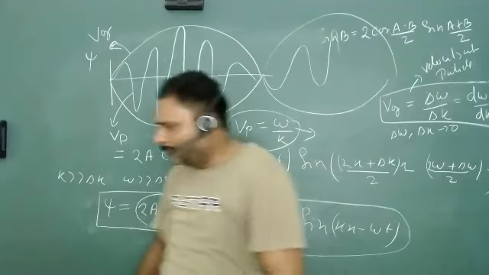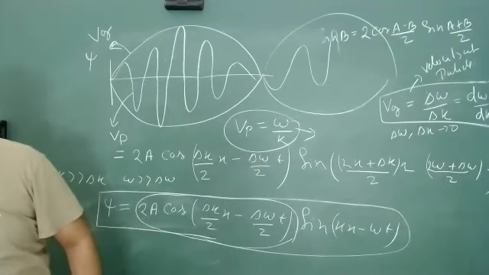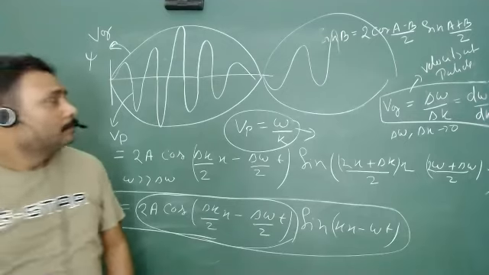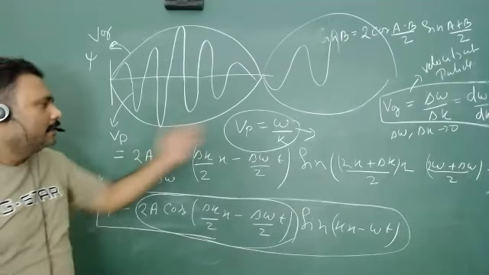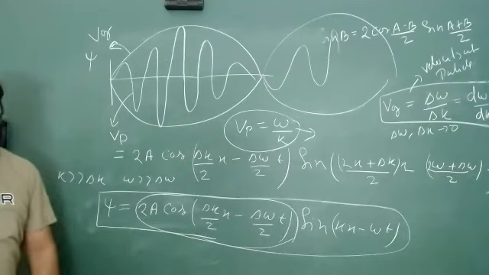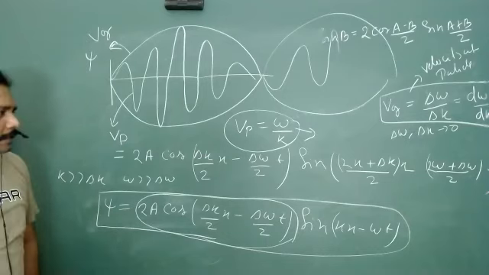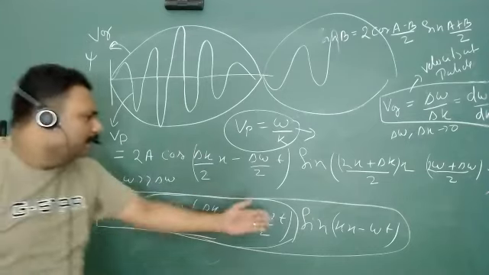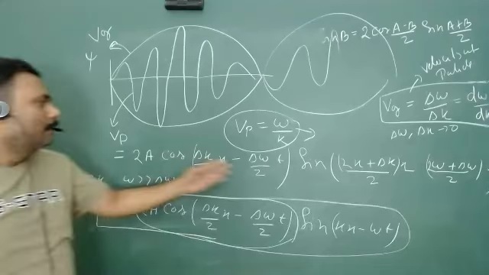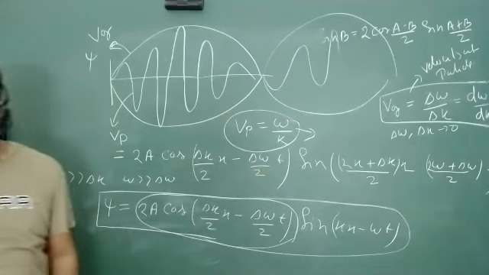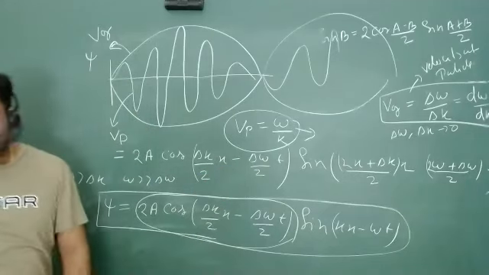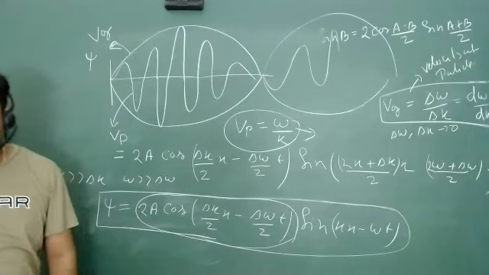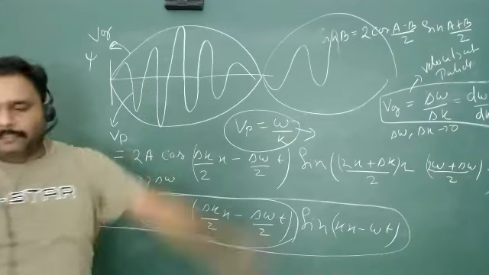So I think my time is over. Sir, the graph is plotted between psi and distance. Yes, psi and x. Sir, it is not time, it is distance? Yes, distance, absolutely. And if you do it with time also, it will come out the same. X and t have symmetry. Don't worry. You will replace t here, x here. There is not any problem. But this is psi versus x actually.